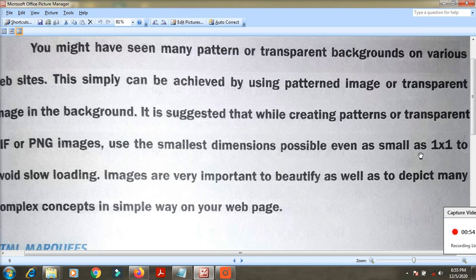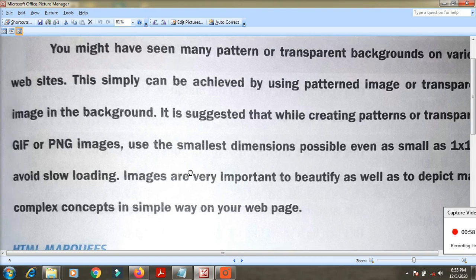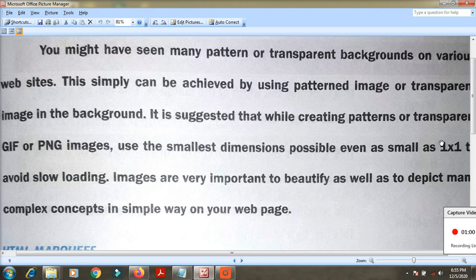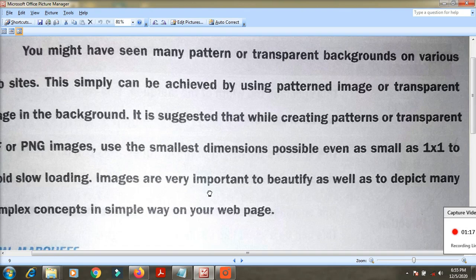Setting 1 into 1 avoids slow loading. If you mention more images with more density, it takes more time to load. With 1 into 1, it loads easily and beautifies your background images. That is very important information.